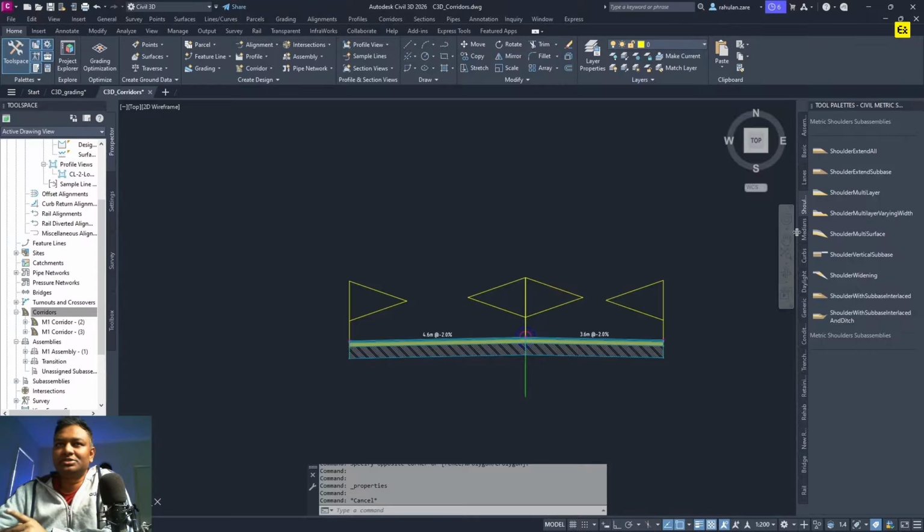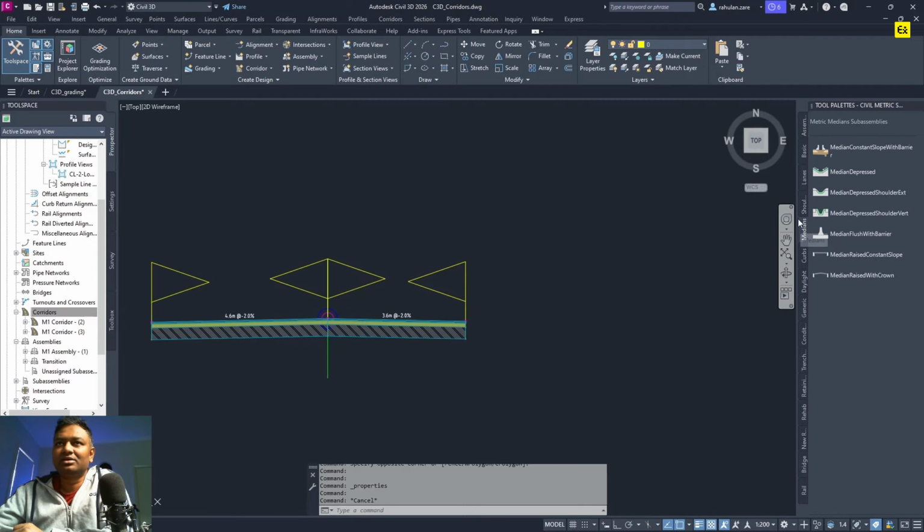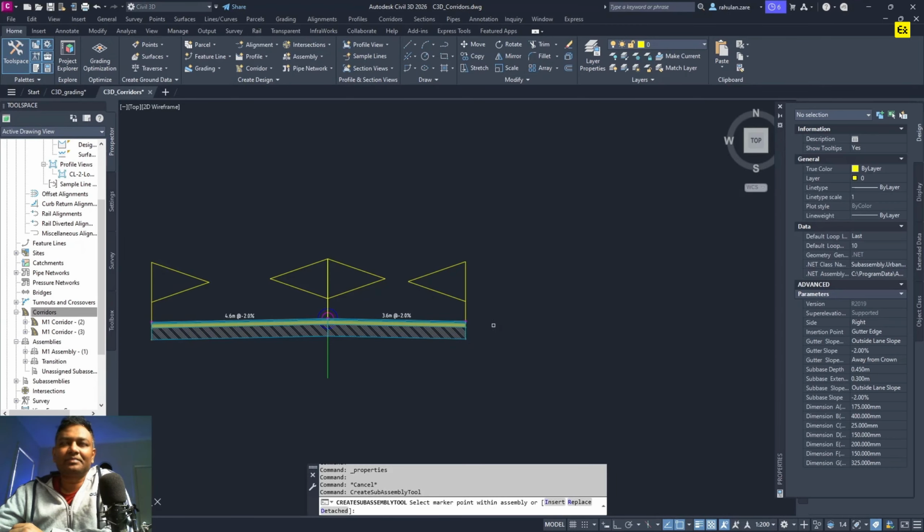So we're not going to add shoulders for this one. Probably what we could do is add a curb and gutter. I go to curb, and then you can choose different types of curb and gutter here. I'm going to choose curb gutter general, click on that, and again the same way you can change all